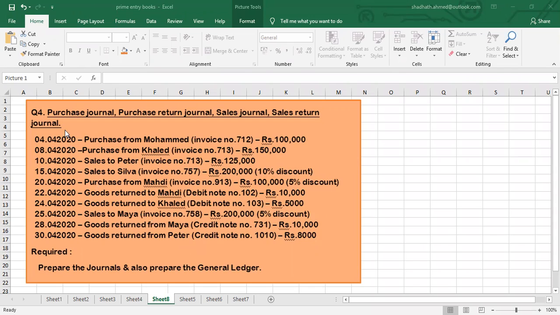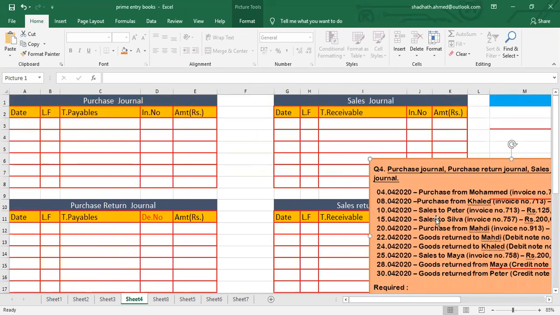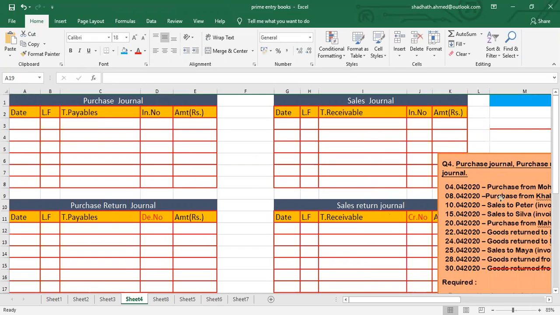A purchase return journal, sales return journal is the last lesson we discussed. And I would like to give you a question under this area and explain how to answer this. There's a question for you. Let's go for the answer. First of all, purchase journal. When you come to purchase journal,